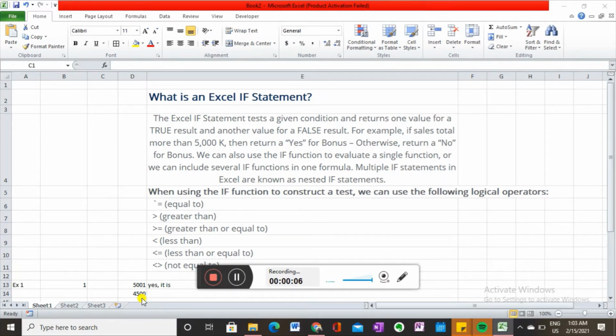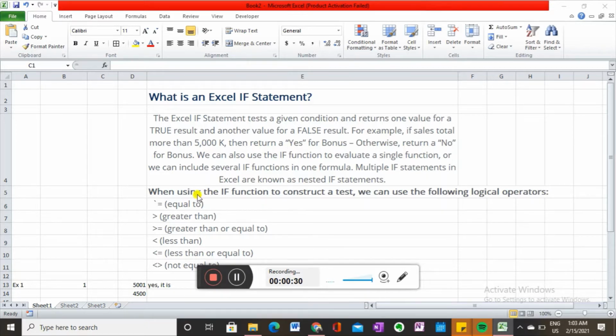Today I will let you know about the IF statement. One of my friends requested for that, so I will work with three simple examples. The IF statement works on a condition like true or false. If your condition matches, it will give you true, otherwise it will give you false. So without wasting time,